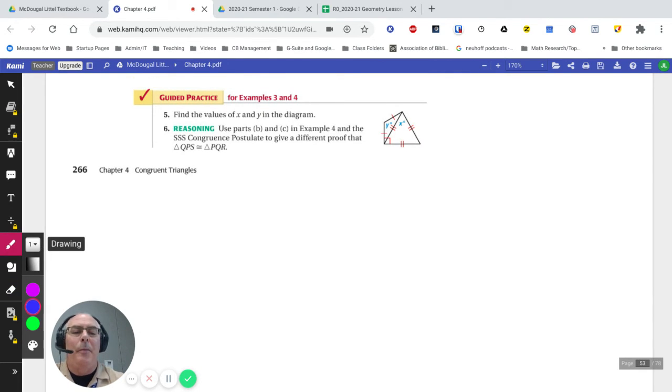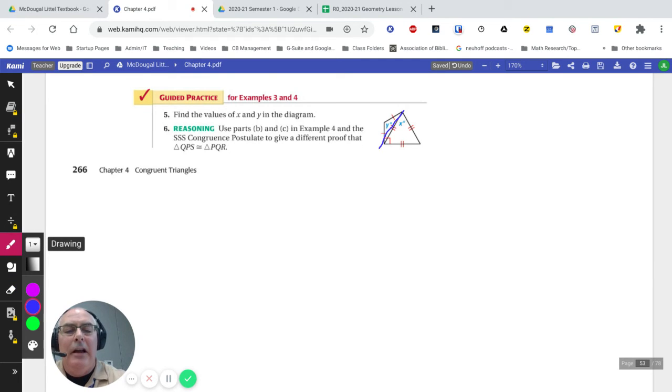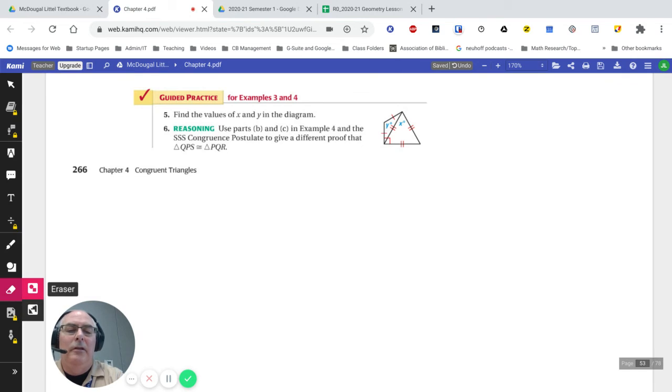Here's another example. I have an isosceles triangle here, and so I know some information based upon that. And then I have, this first one was an equilateral triangle, not an isosceles triangle, equilateral. The second one is an isosceles triangle. And then I also am given some information here that I have a right angle. So one of the things that I know is that